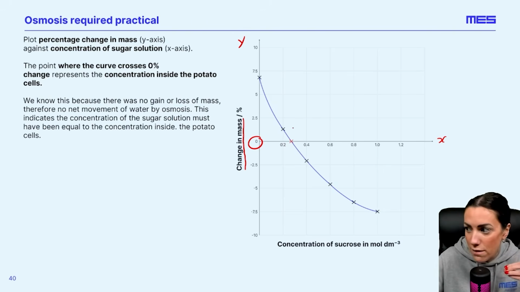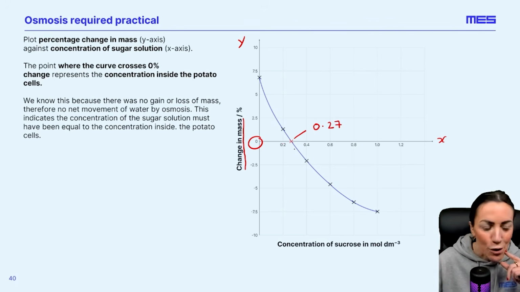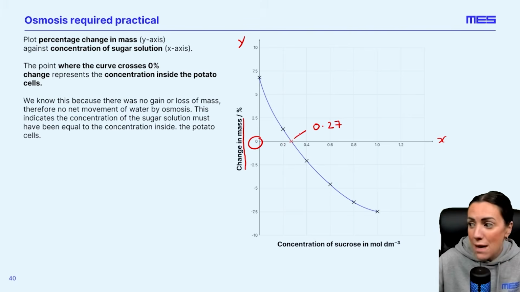It goes through the center of all the points. The concentration where it crosses the x-axis is 0.27, I would say. It's hard to say without all the grid lines on the graph, but it's about 0.27. So what we can conclude from that is the concentration inside the potato cells must be 0.27, because in a solution that had a concentration of 0.27, there was no percentage change in mass, therefore no net movement of water